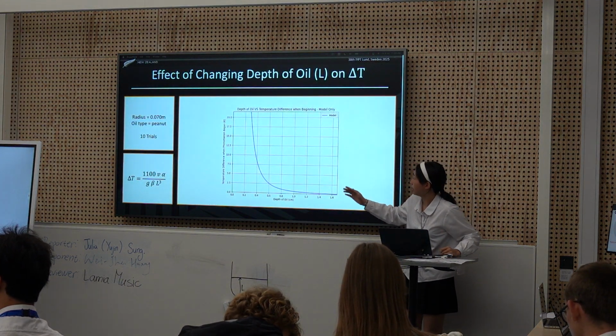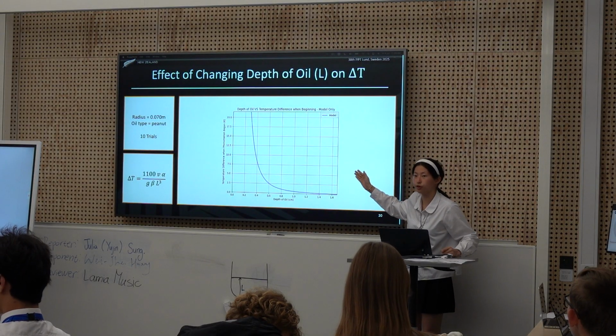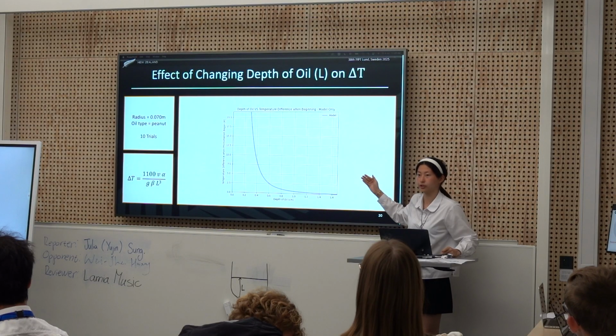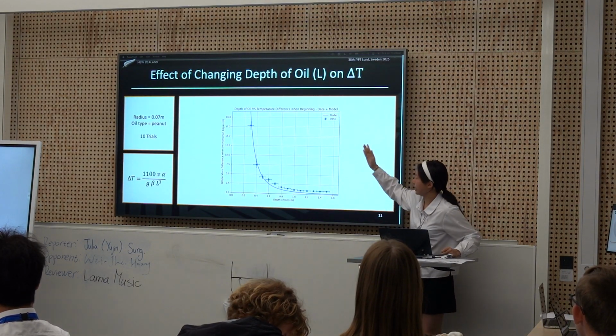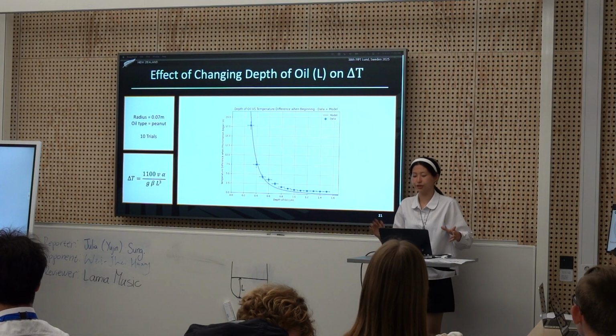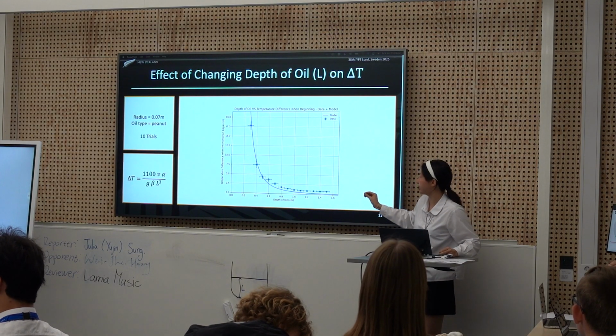Using the Rayleigh's number model derivation of the theoretical model, this is what the theoretical model predicts will be the relationship between depth of oil and the temperature difference required for the phenomenon to begin. And these are my experimental points against the theoretical model. You can see that generally it is a very good fit, with the temperature difference required decreasing as the depth